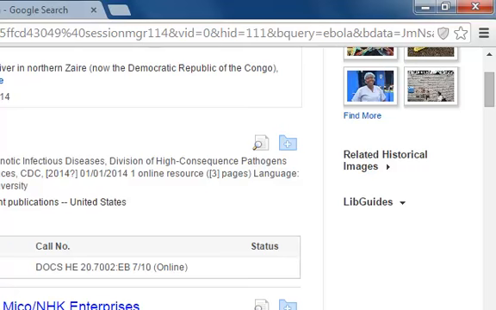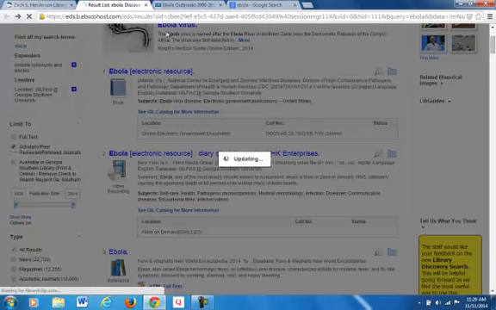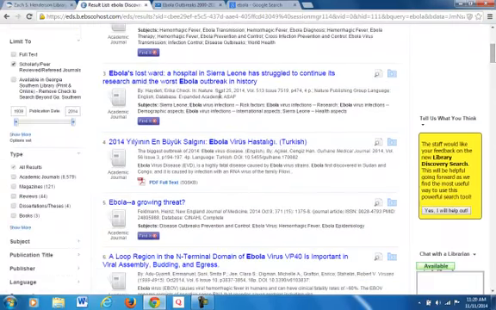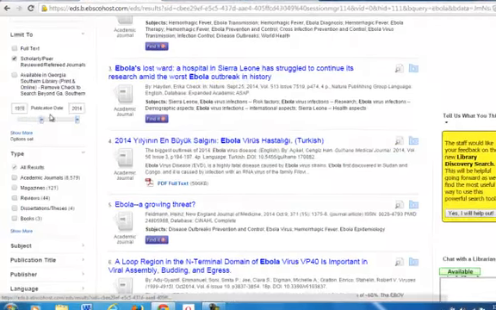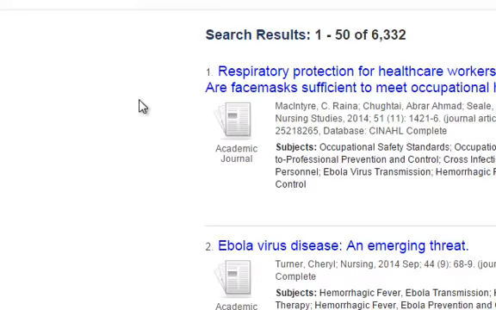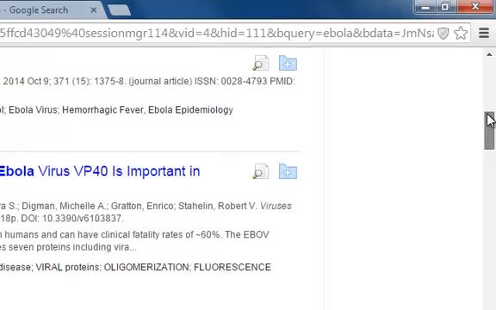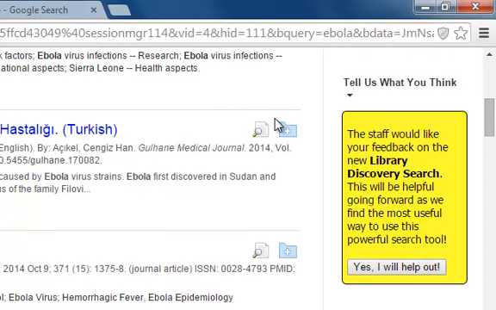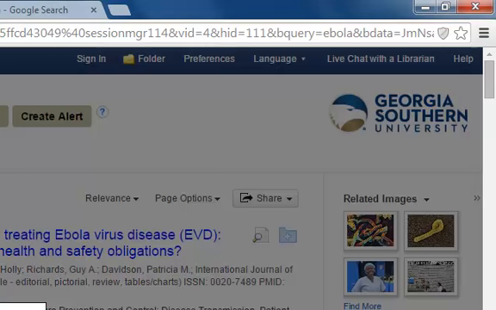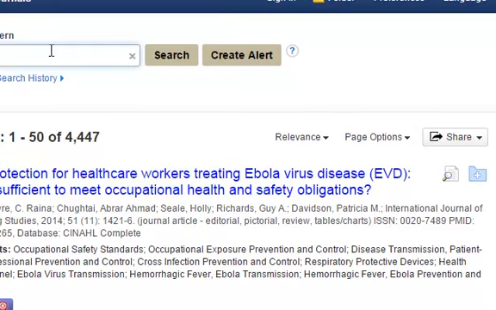I'm going to check off the scholarly and peer-reviewed sources, and I'm going to change the dates to just in the last 4 years, so 2010 to 2014. Okay, and then I'm going to change my search keyword to Ebola treatment,